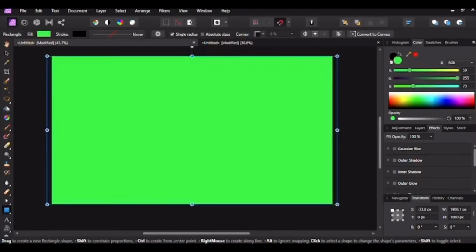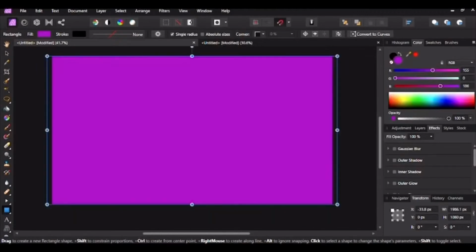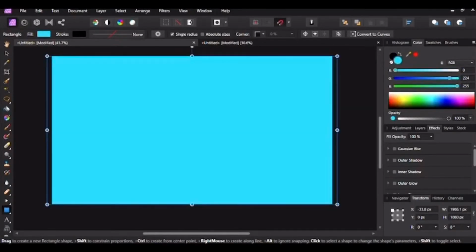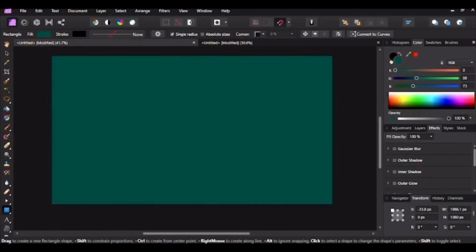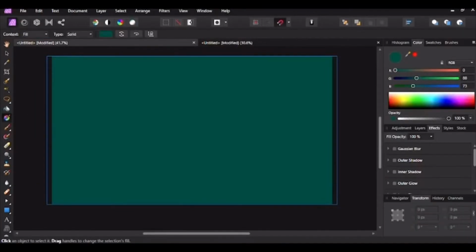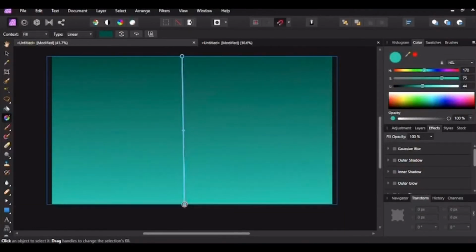As you can see, you know your girl likes green, so I'm going to be going with a dark green color. Then I'm going to choose the gradient tool on my left hand side of the screen. The gradient tool is going to divide the picture into two so that I can change the colors. I want a green at the top and then a different color at the down. You can also make it maybe green at the down and a different color at the top,